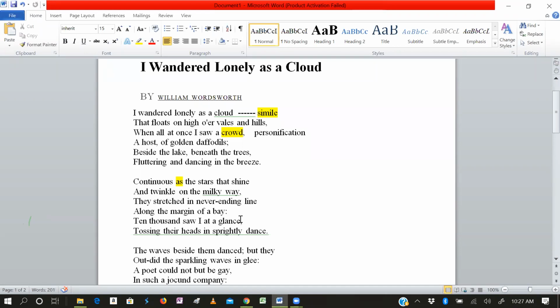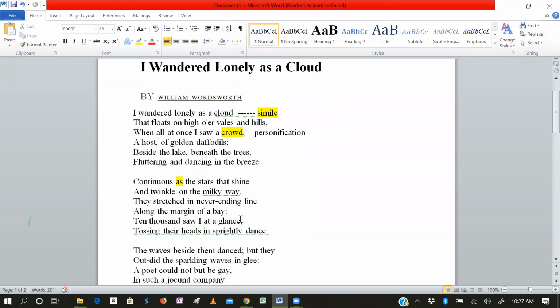It means they are growing in large number. When I started looking at them, they were in large number, 10,000 at my one glance. Whenever you give a brief look to some place, then you see many things. When I make a brief look at the sky, I will see a number of stars. The same way the poet has used it here. The poet says that I saw 10,000s at a glance, at my look, and the daffodils were tossing their heads